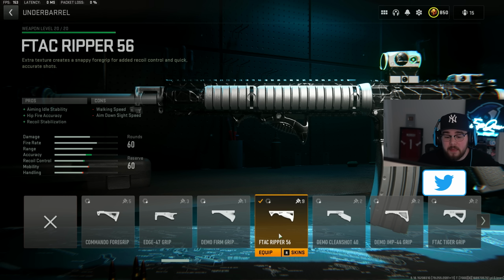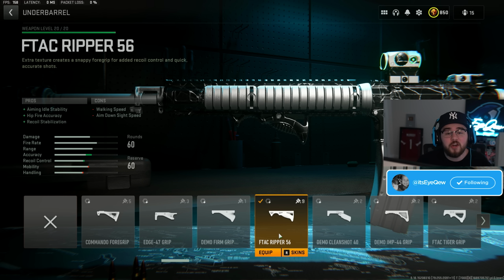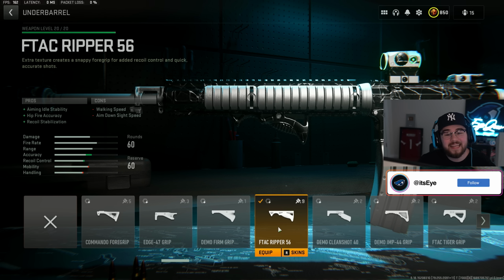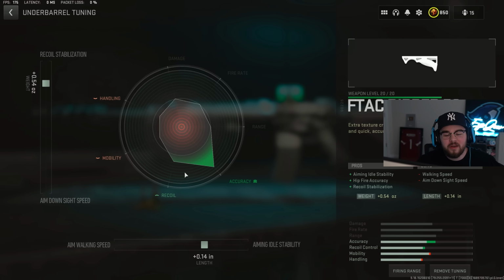range. Speaking of being a beam, you have the FTAC Ripper 56 for the underbarrel, giving you guys that aiming down stability, hipfire accuracy, and recoil stabilization. Again, another massive reason why this M4 build is an absolute beam. For the tuning on the underbarrel, I did plus 0.54 for that recoil stabilization, and plus 0.14 for that aiming